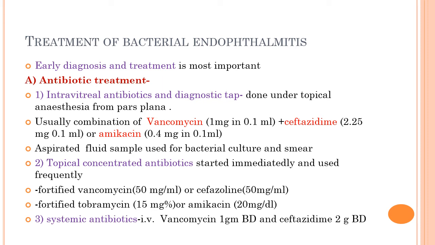Then topical concentrated drops you have to start, followed by intravitreal injection in the form of fortified vancomycin, cefazolin, or tobramycin or amikacin combination. Then systemically also you have to continue with vancomycin 1 mg BD or ceftazidime 2 gram BD